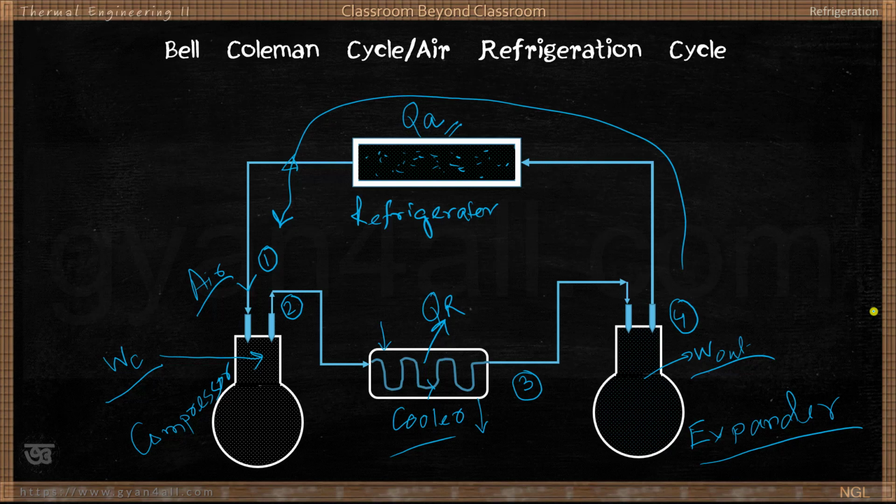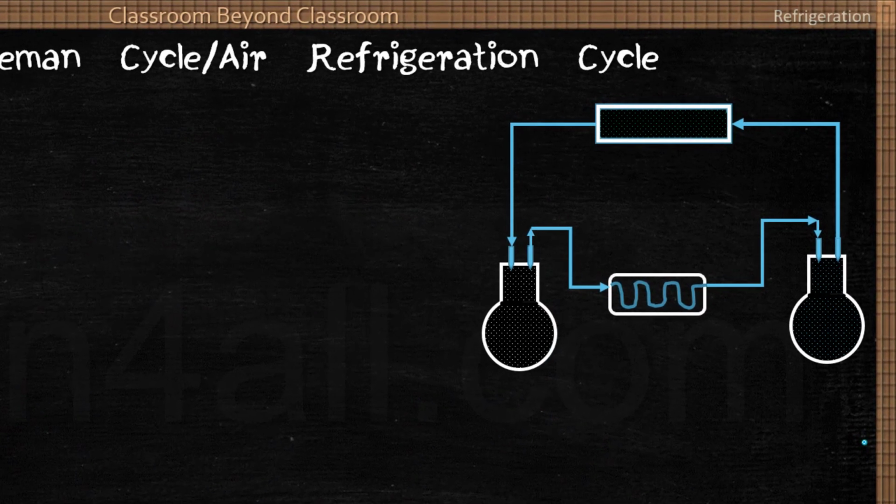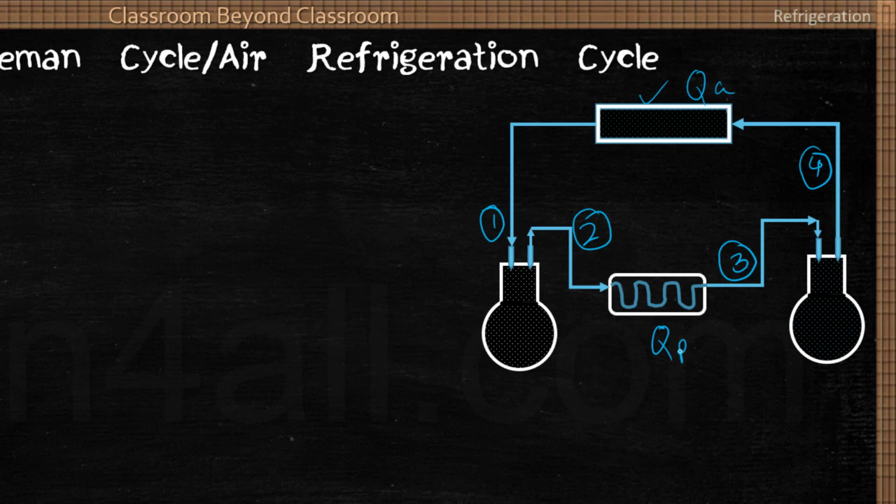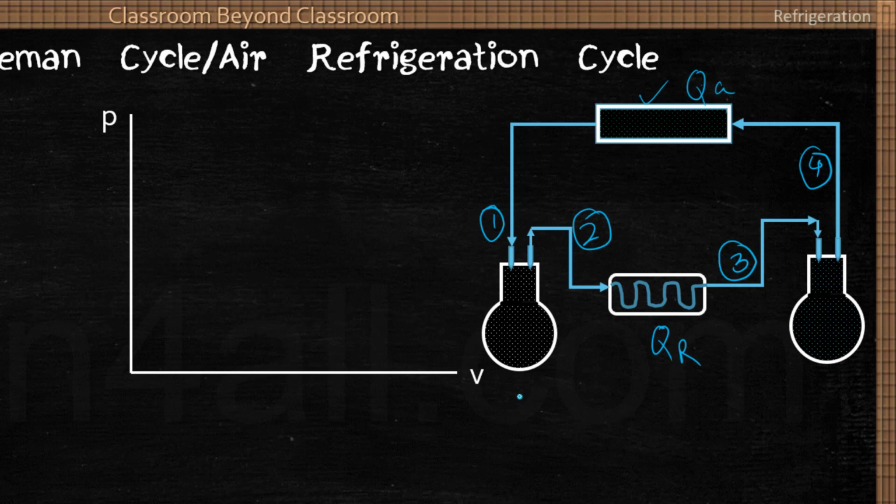So let us analyze the system with these 4 components. So what are the processes? 1-2 compression, 2-3 cooling, 3-4 expansion, 4-1 this is heat absorbed, this is heat rejected. So if we consider a PV diagram, what are the processes we can explain with a